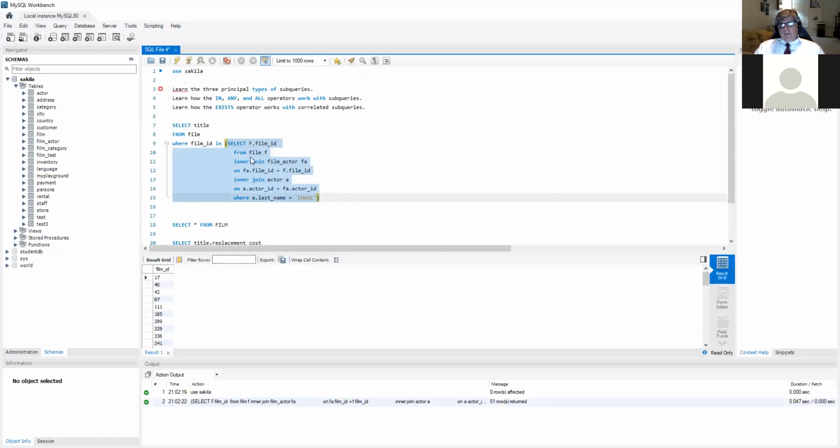So I'm going to add this where film ID, where actor name is Chase. So I want the film ID where someone named Chase is in it, right? So I can take that and put it into a where clause. And I have to use in, because if I did equal, it wouldn't work because it's more than one value, right? And select title from film where film ID is in this. Now I could write this with the inner join structure there. But the reason why I would do it this way is,